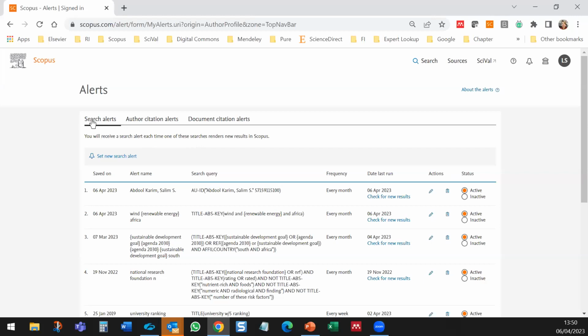So you will see the different types of alerts. There's the search alerts, author citation alerts, document citation alerts. So you can't manage your journal alerts here, but all the other types of alerts. So here you can see you can set up a new alert. So you can do it right here. But otherwise, you will manage your